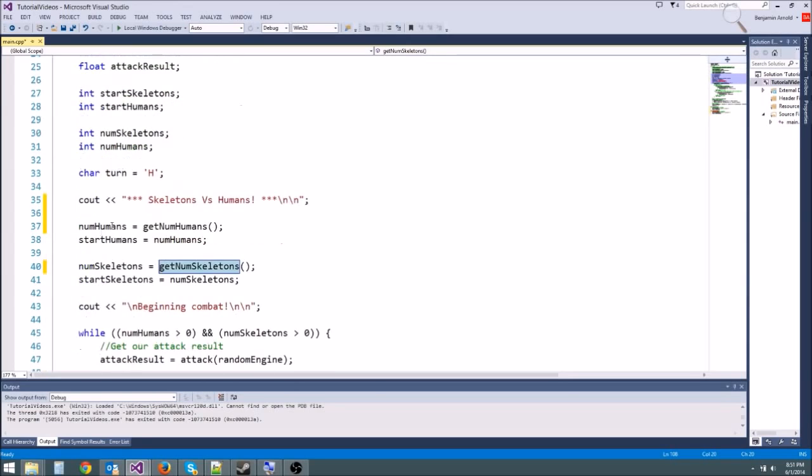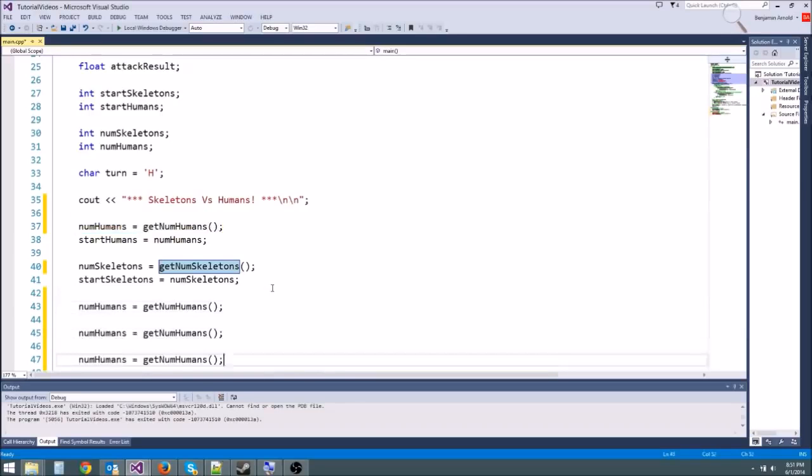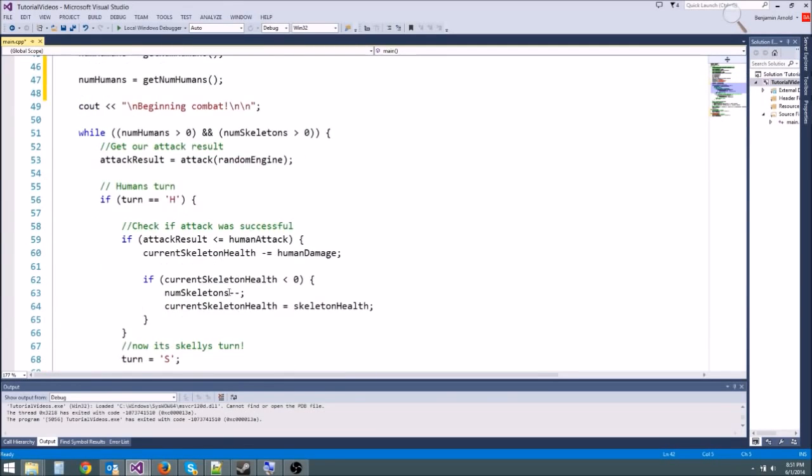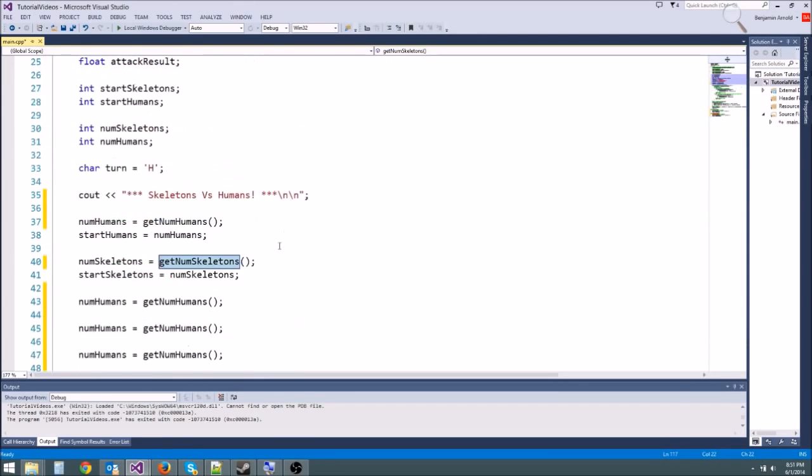This is what's going to make your code readable, reusable. What if we wanted to call it again? If we wanted to get num humans again, we can do that. And again and again. Each time you call this, you're saving this many lines of code in your program. This is why functions are so